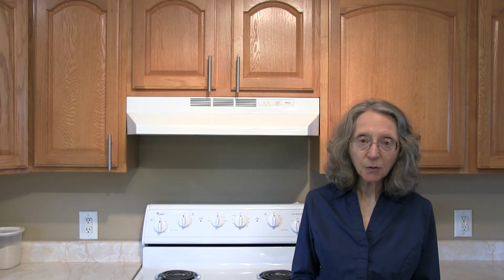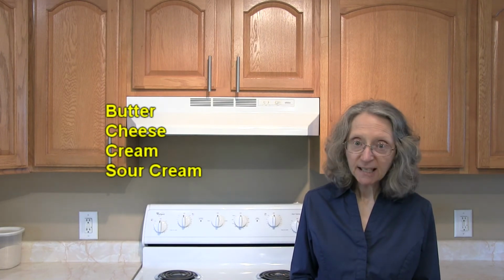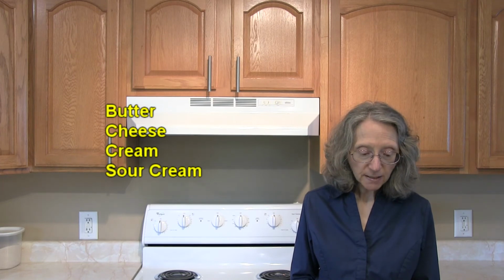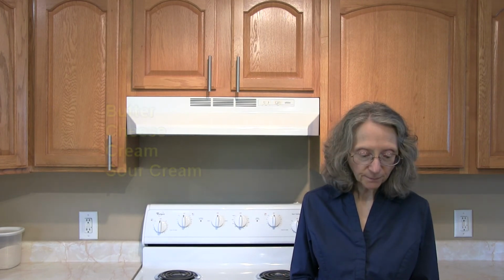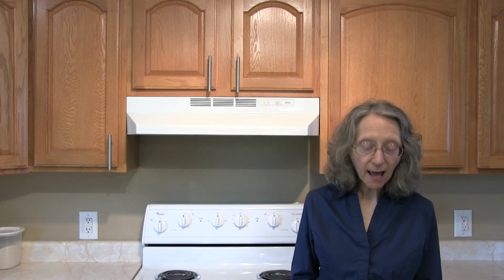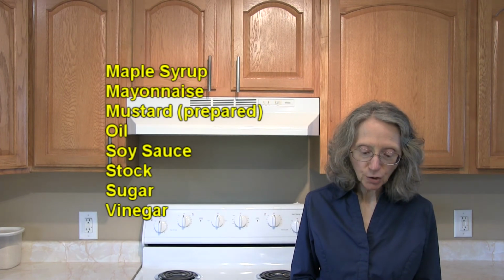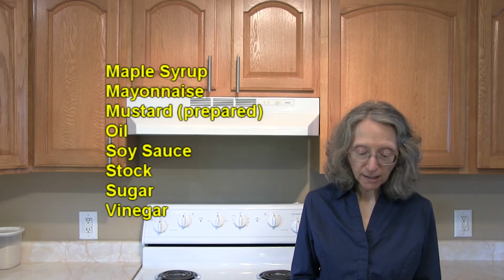In the dairy and non-dairy foods category and their products, we have butter, cheese in general, but especially blue cheese, feta, goat, Gouda, Parmesan, ricotta, and Swiss cheeses, cream, and sour cream. In the other foods category, there's maple syrup, mayonnaise, mustard, as in prepared mustard, oil, especially